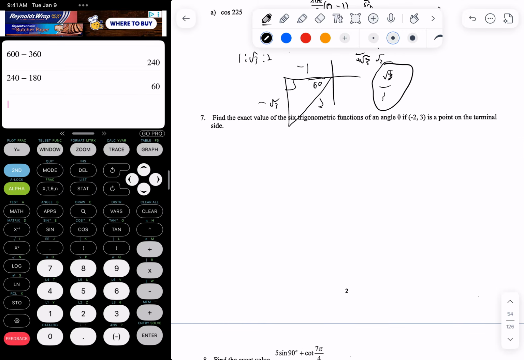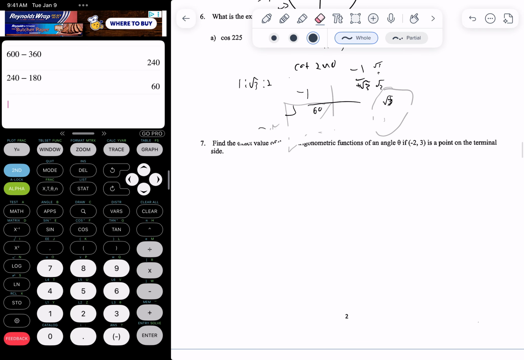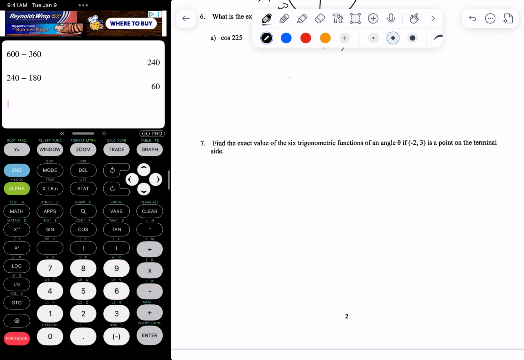Find the exact value of the 6 trigonometric functions. Find the value of the 6 trigonometric functions of an angle theta if negative 2, 3 is a point on the terminal side. Okay, I remember this stumped me in the test. So let's first